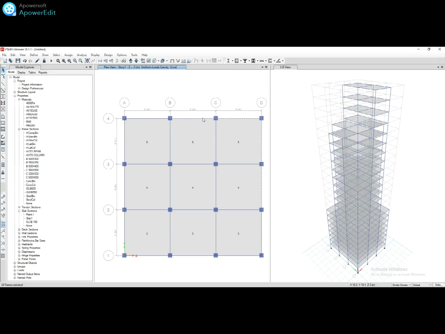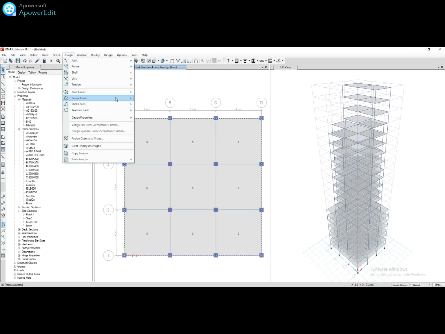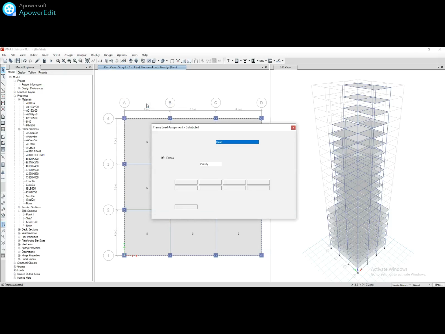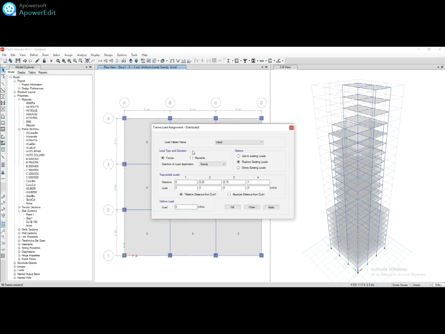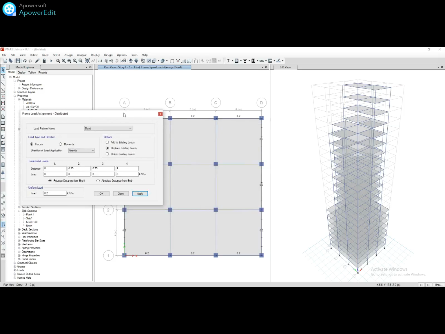to add the cladding load 0.2 kilonewton per meter on the outside beams. For this, just use similar story option and select the outside beams. I have to select the outside beams and go to the assign, then frame load, uniform load, just put the value 0.2 kilonewton per meter and click on apply. Just keep it inside